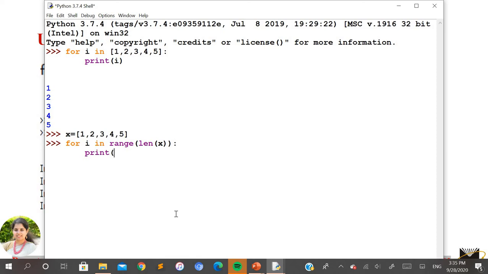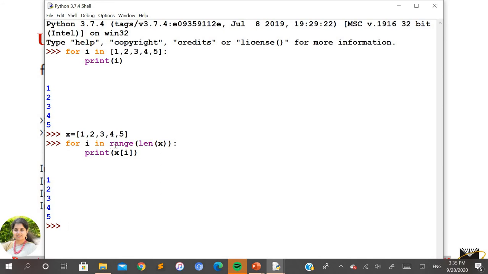While printing, you cannot directly take i. Instead, you are supposed to take x of i because you want to access the elements of the list which are stored in the x variable, which can be accessed with a specific index value. For each iteration, it is going to point to x of i. You can see the same thing has been displayed here.